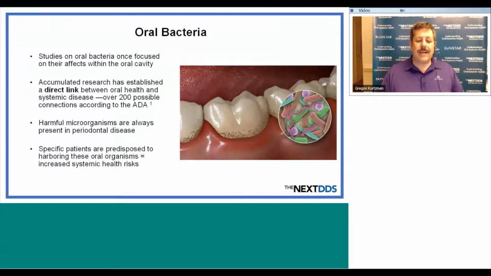Accumulating research has established a direct link between oral health and systemic disease, over 200 possible connections according to the ADA. Harmful microorganisms are always present in periodontal disease, and specific patients are predisposed to harboring these oral organisms and increased systemic health risks. And as you get out into practice, and you may be seeing that in dental school, you're